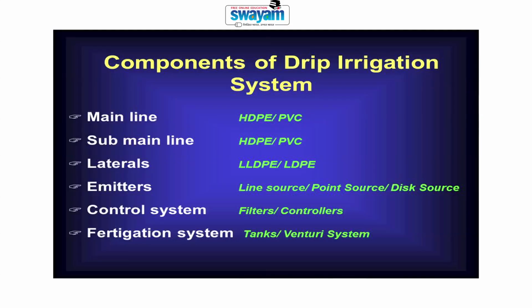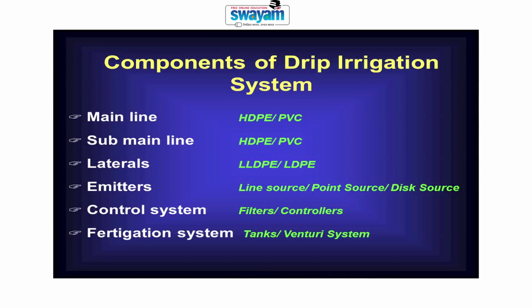If you look at the components of drip irrigation systems, they contain a main line, which is made of high density polyethylene or PVC, sub main lines and laterals. These are generally plastic, made of different materials such as high density polyethylene, polyvinyl chloride, linear low density polyethylene or low density polyethylene. While emitters are